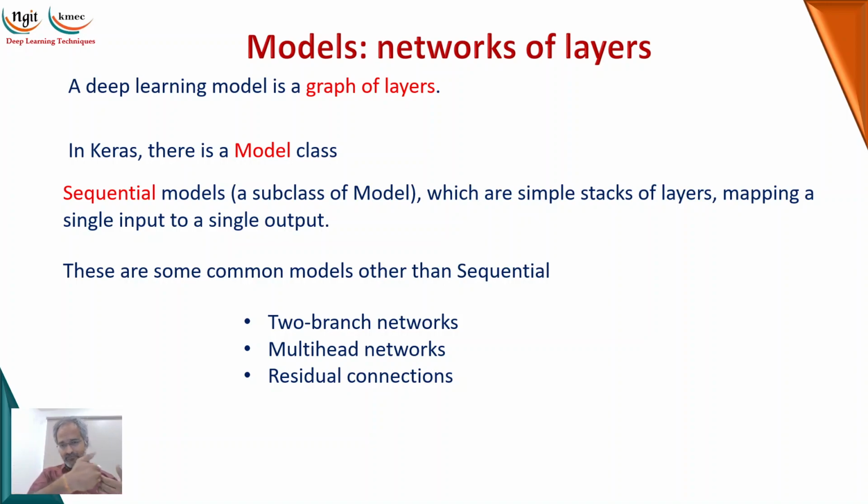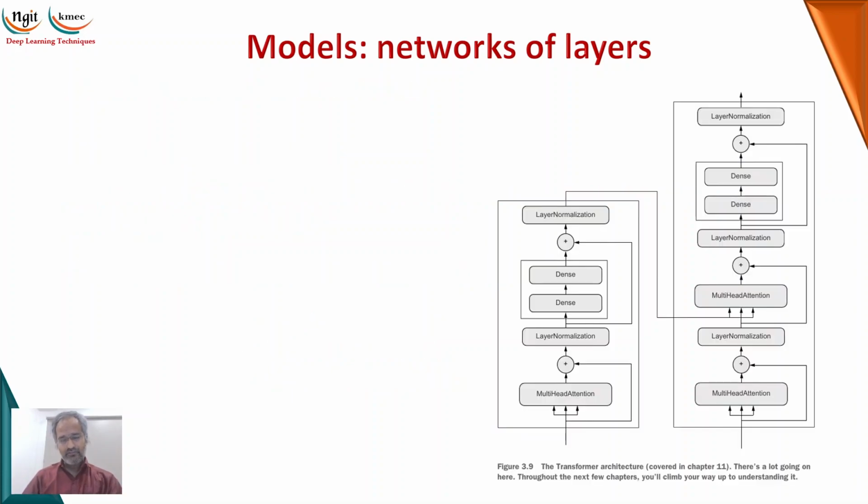If you go with a large number of layers, the strength of the input may go down because of gradient descent and other optimization concepts. So to strengthen that, again we add the input to this, and that is called the residual network, residual connections. So these are the various topologies, a number of types of models available. For them we have to use the model. But if you want to go layer by layer, you can go with the sequential only.